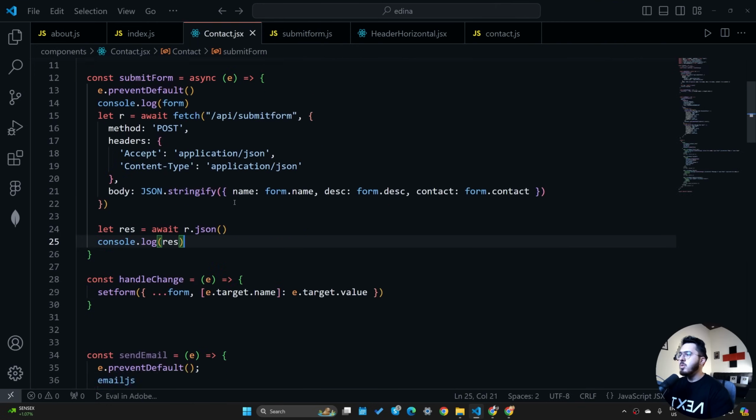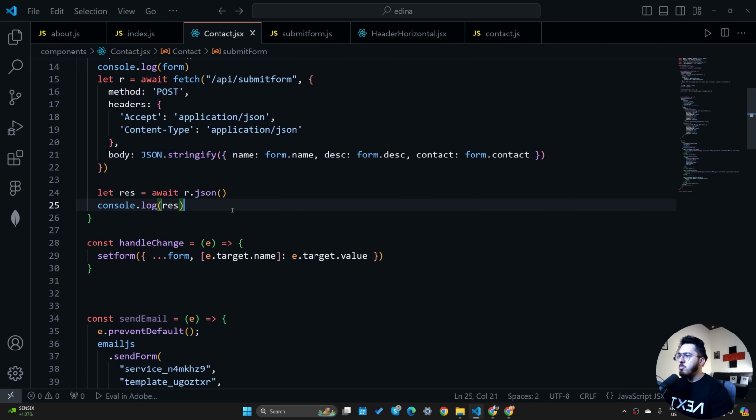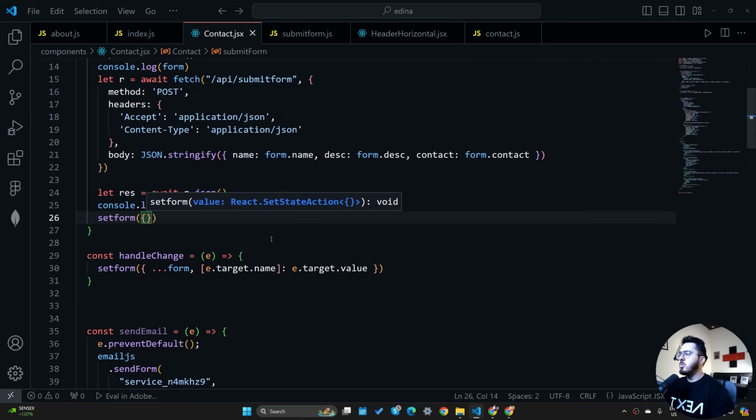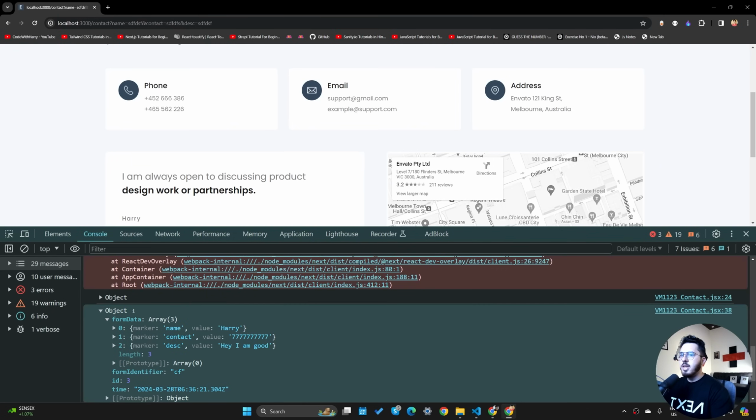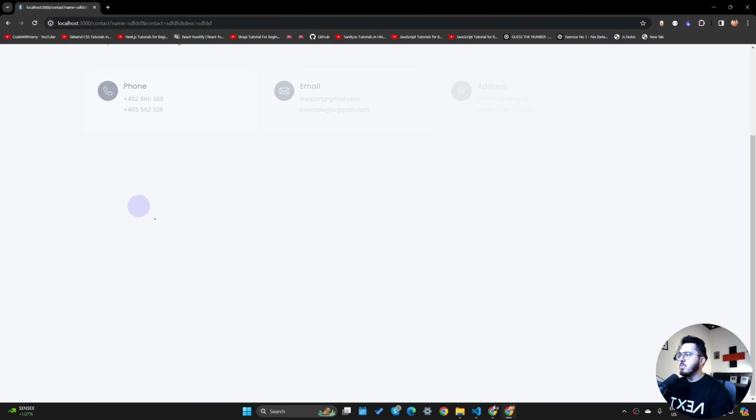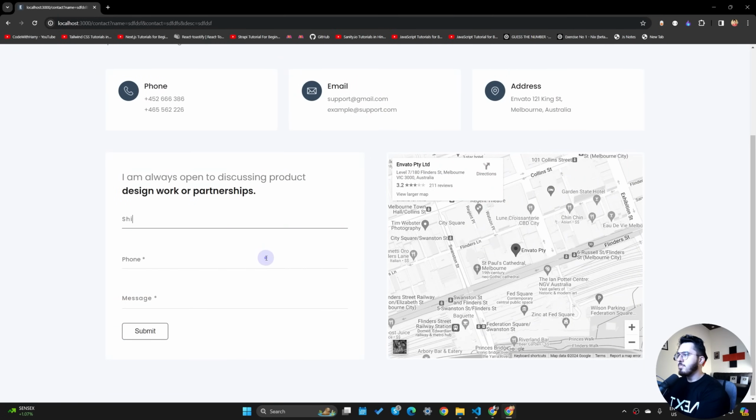The last thing that I want to do here is that I want to make sure that this form is reset. So I'll say set form, and I'll set this form to an empty form so that we don't see any data here after we have submitted. So let's once again try to submit this form, and let's say hey I am good, how are you doing, I need to inquire about, let us say this is a website on my portfolio, about a website I want you to build. Okay, so let's click on submit,